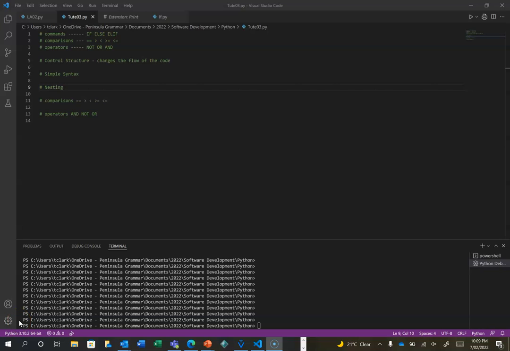So we're looking at Tute03A, and in Tute03A we're looking at if, else, and else if as a control structure which changes the flow of the code depending on conditions. So let's just start with simple syntax under here at line 8, or line 9 as it is now. We're just going to set a variable a equal to 1, and then we're going to go straight into our